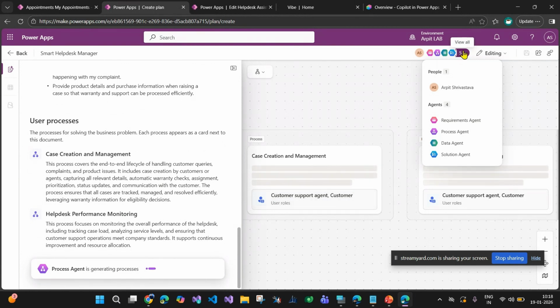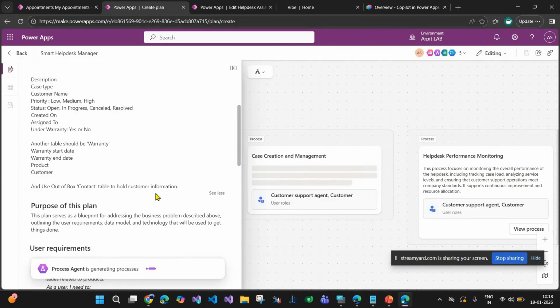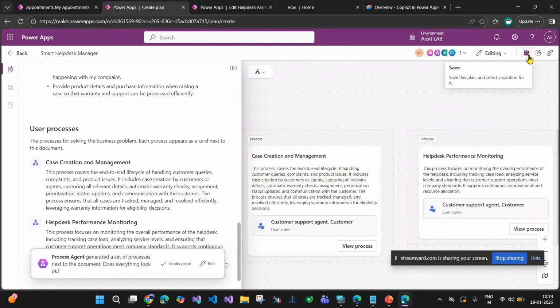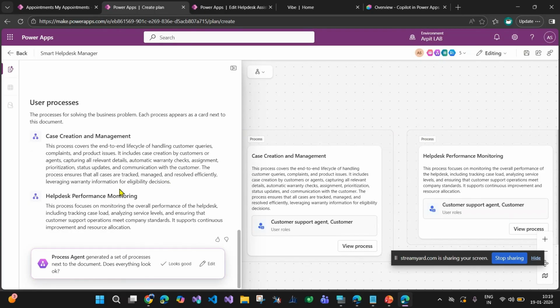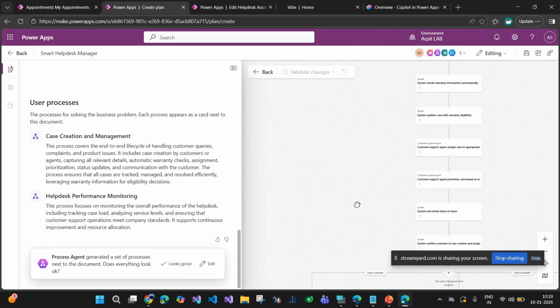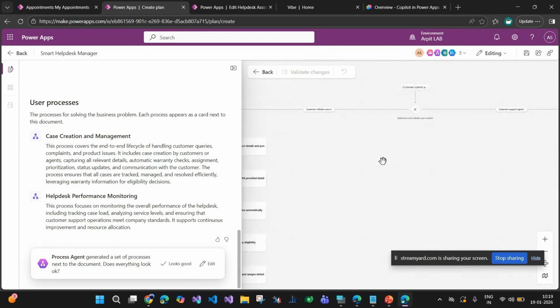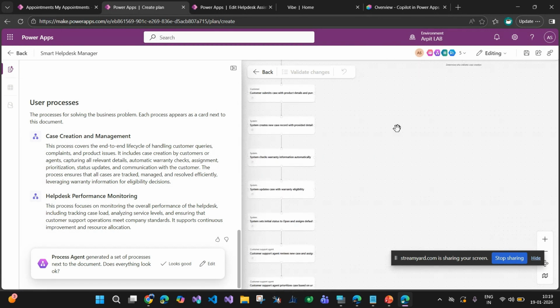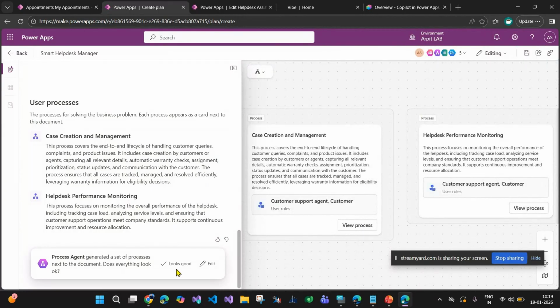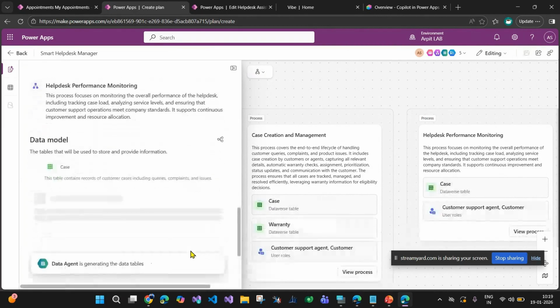Okay. The one thing that is very good is that everything you see here in the left section, which is being generated by the AI agents, is in draft mode. It is not yet saved until you press the save option here. Okay. So you see the process agent has generated 2 processes, case creation and help desk performance. If you want to see it in more detail, you can click on view process, and it will provide you this kind of flow diagram as well. Earlier you used to have some external tools to generate that, but here you can simply use the Plan Designer for that. And once you are good with that, you click on looks good and then